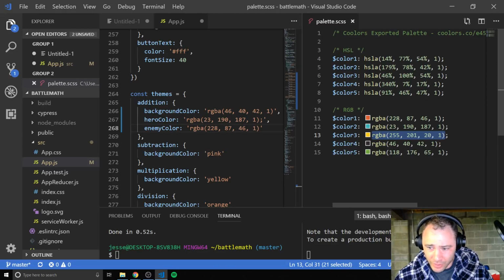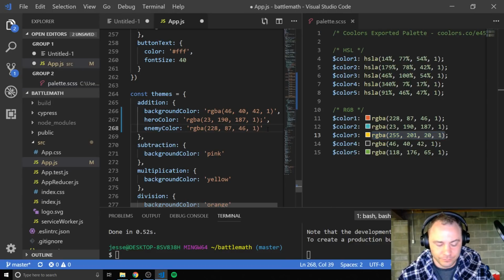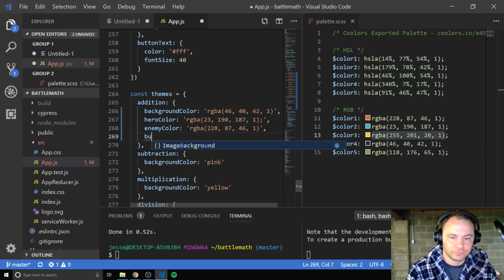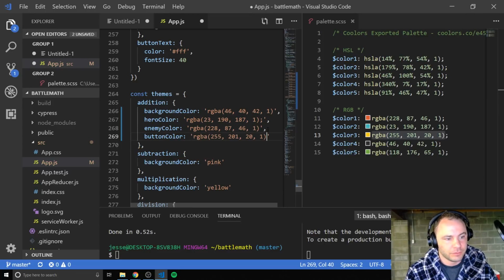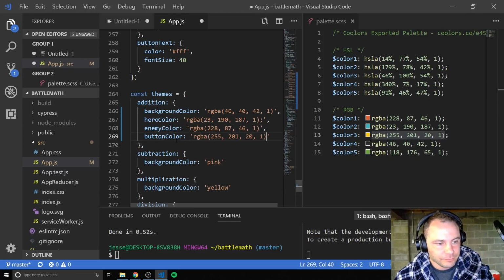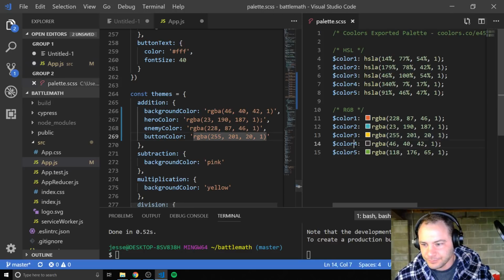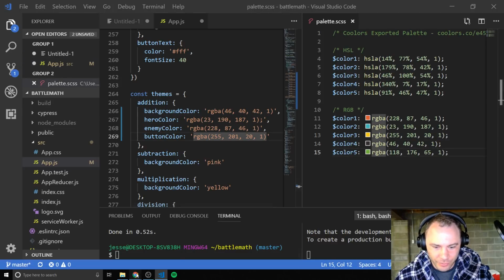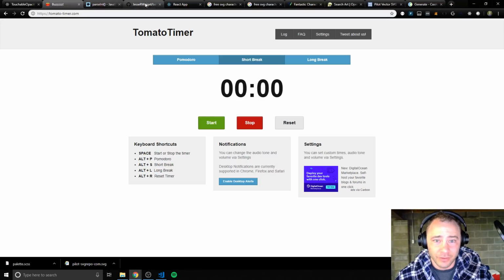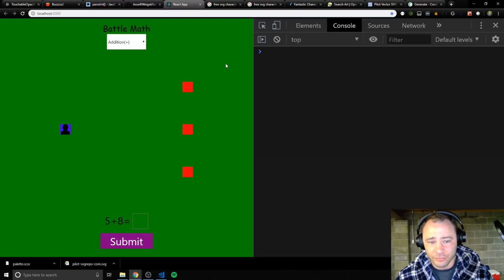I think the yellow will actually look really cool on the dark background. Button color. Okay. I'm not sure what we'll do with the green. Let me see if we can figure out where that could get. We don't have to use all the colors, but